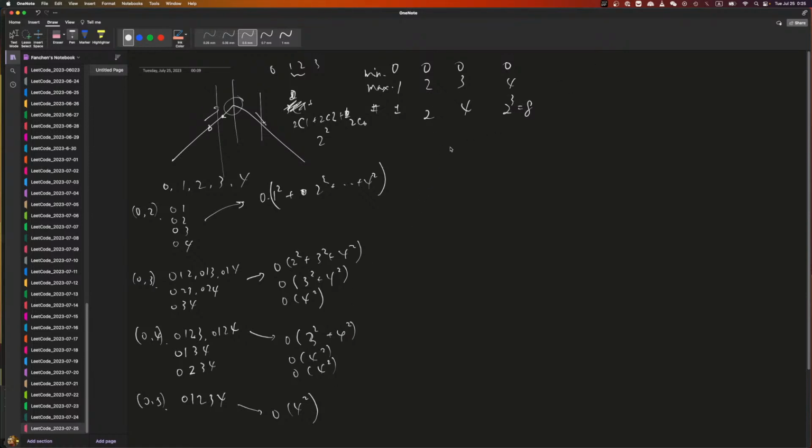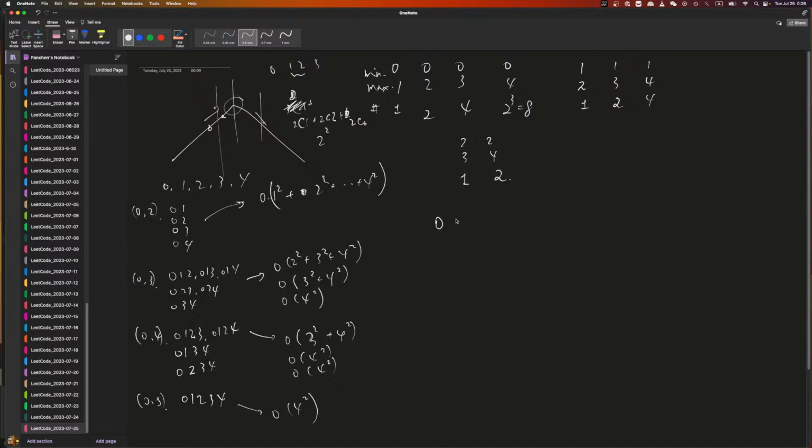All right. So if we have 1 and 2, that's nothing in between, so that's 1. And 1, 3, that's 2. 1, 4, that's 4. And we have 2, 3, 2, 4. 2, 3 shall be 1. 2, 4 shall be 2. So the answer for this one shall be